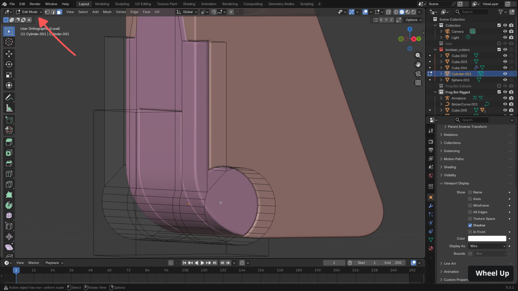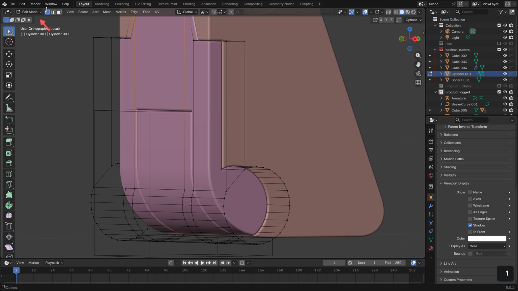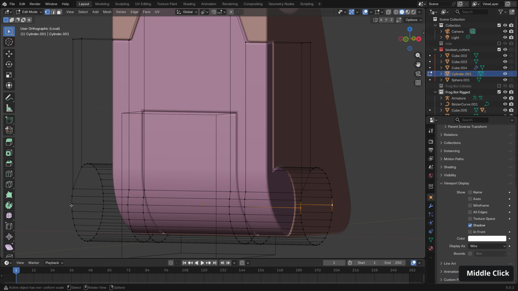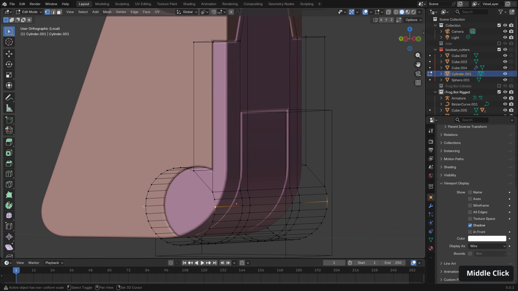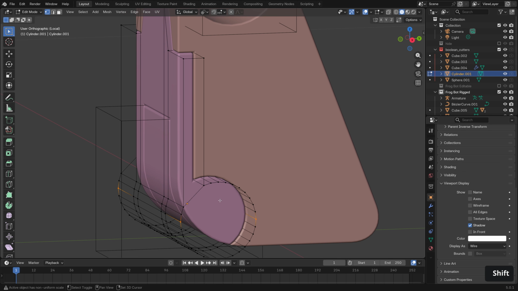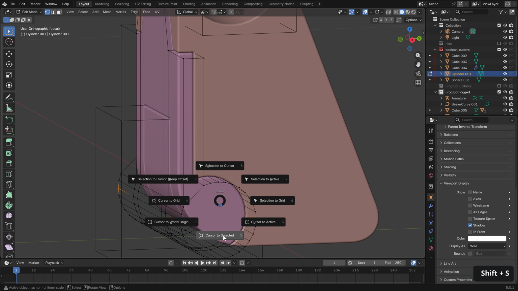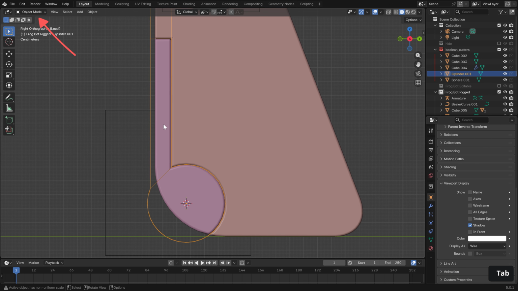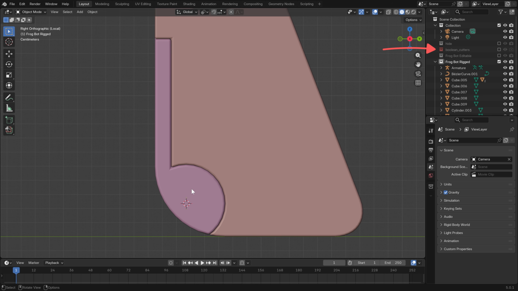So if we jump into edit mode, we want to go into vertex selection. And we want the farmost left and the farmost right point here. And we want that the other side too. Like that. And then if we were to do Shift and S, cursor to selected, that is the exact center point we need to rotate our mouth around. We can hide our Boolean cutters now. We don't need to see those. And we can jump out of local view,